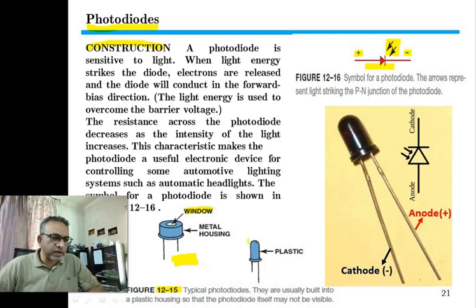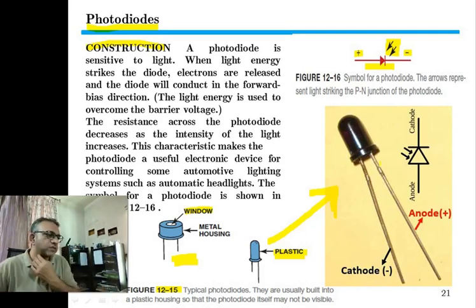Another diagram of the photodiode is where we use a plastic casing, which looks very similar to the normal LED, and the real life picture is shown over here. That is the cathode terminal and anode terminal and the plastic casing, and inside the plastic casing rests the lens. The lens will focus the light onto the semiconductor where the photodiode action is happening.